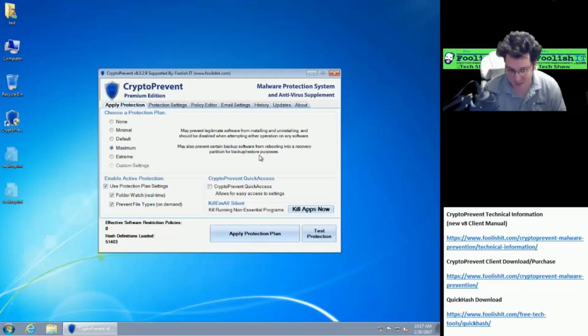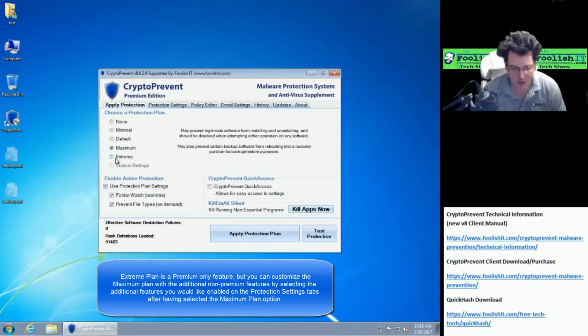Honestly, there would be no ransomware if everyone had backups and was working with backups correctly and had good backup procedures. So we don't want to disable any way that backup or restore would be possible. So highly recommend you have backup software and disable the protection that we'll talk about later if that causes a problem for you. But before we get on to that, we'll talk about the last setting here, which is the